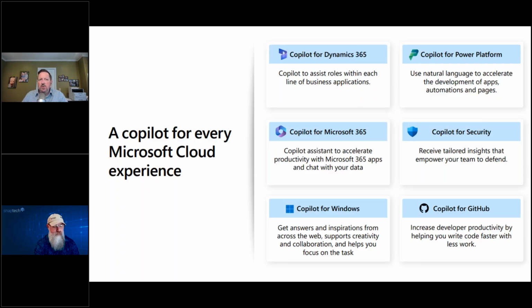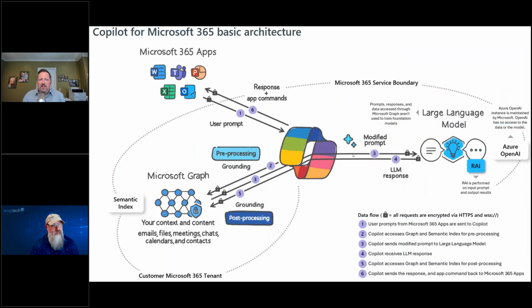So in most cases with Microsoft, it's an add-on subscription to the core software tool you're paying for today. You add Copilot and you get that AI functionality. We're going to be really focused today on Copilot for Microsoft 365. I think this graph is very helpful because it distinguishes what's really unique about Microsoft's approach